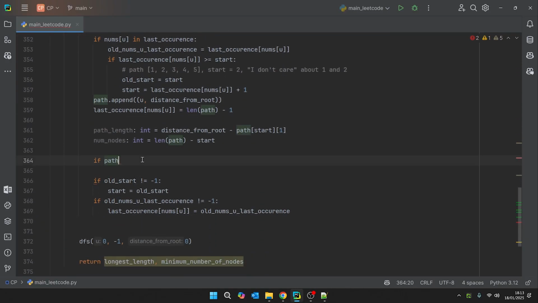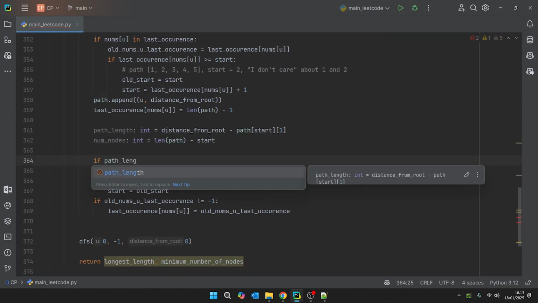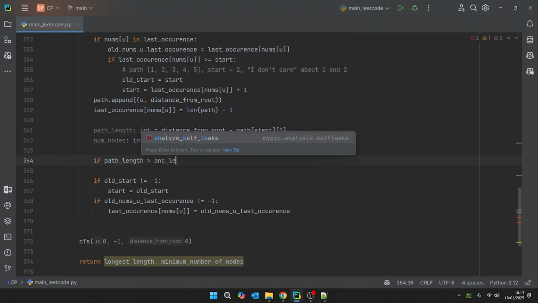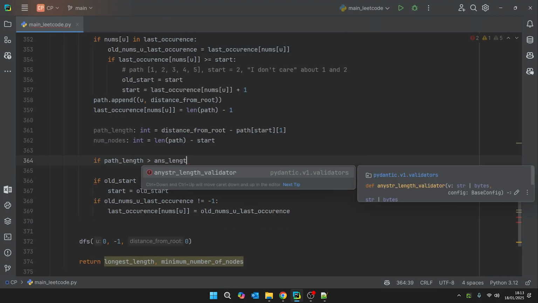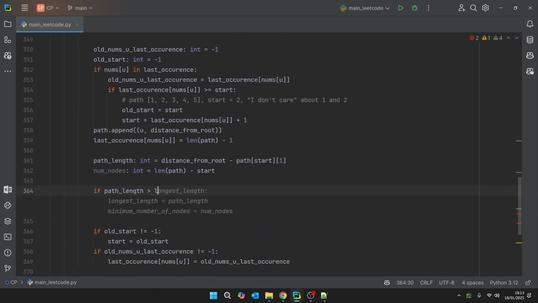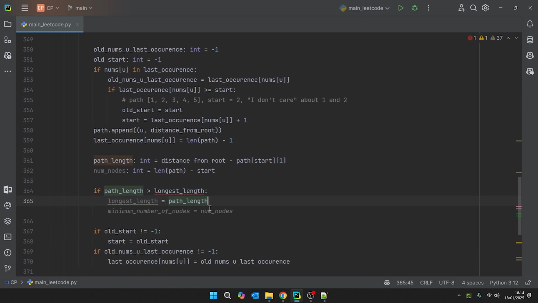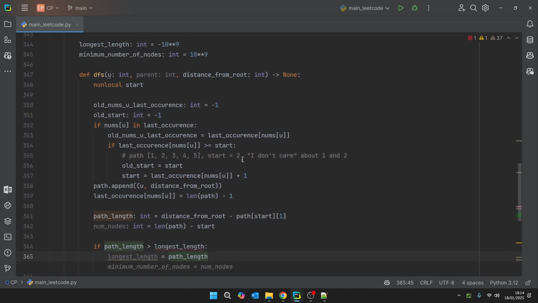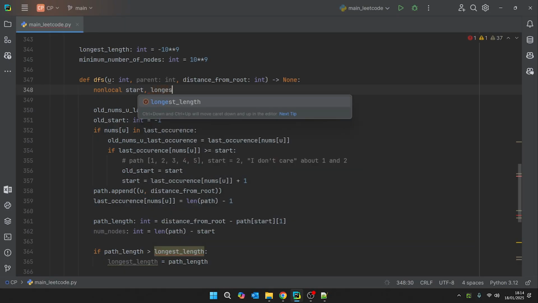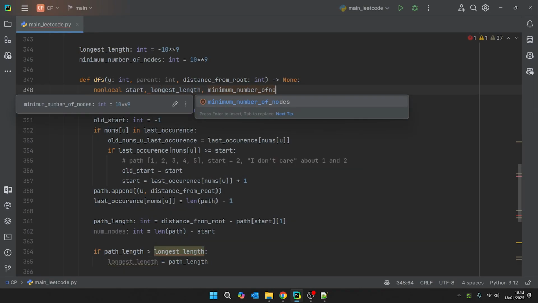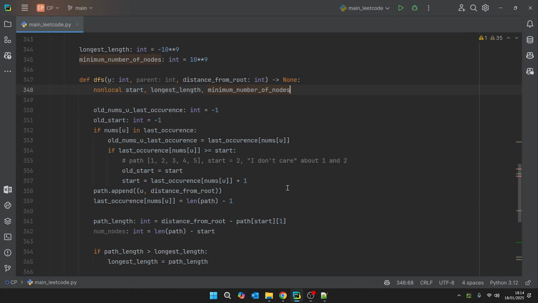So if the path length I'm currently seeing is better, so bigger than, how did I call it? Longest length. Then I just need to say longest length is now path length. Obviously this is now the same as the start variable. I need to say I'm modifying those variables that are outside the scope. This is a Python thing,